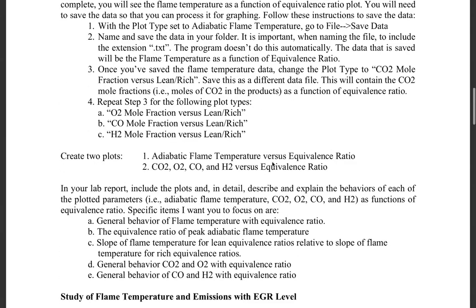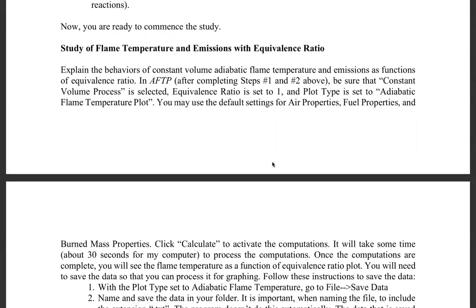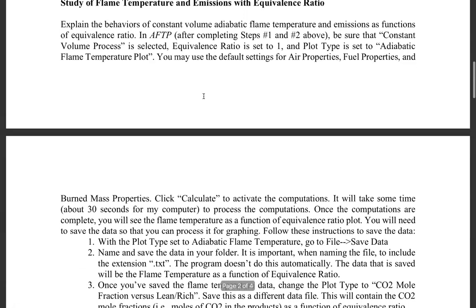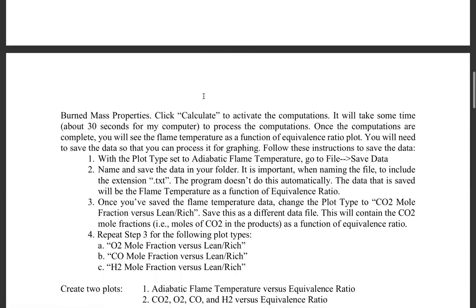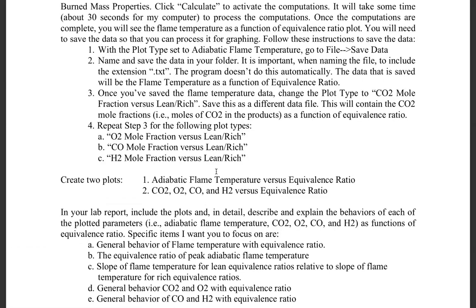So for studying flame temperature and emissions with equivalence ratio, right, essentially what we want you to do is explain the behaviors of constant volume, adiabatic flame temperature, and emissions as functions of equivalence ratio, okay? So I then give you some instructions to follow for how to execute the AFTP program properly so that you generate the right data. I give you some tips on how to extract that data from the plots. And then, you essentially will pull the data, you'll make your own plots,